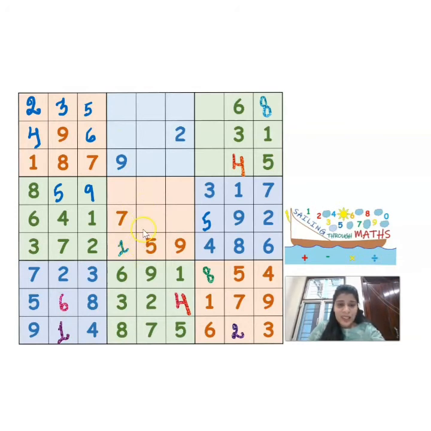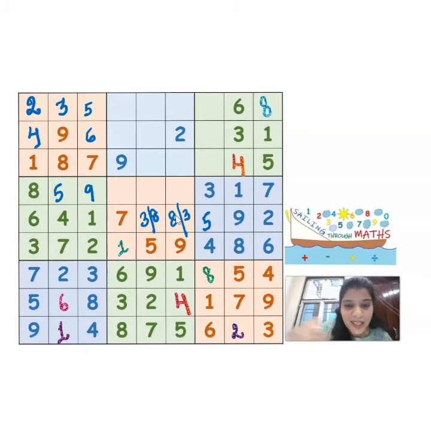So in this way, our third column is also filled. Now, let's move on to the fifth row, because again, only 2 numbers are missing. And which 2 numbers are they? When you start counting and checking, you will find that the numbers which are missing are 3 and 8. Now, I can place 3 here or 8 here, or 8 here and 3 there. So if 3 is going to come here, 8 is going to come here. If 8 is going to come here, 3 is going to come here. And you will see that I still can't tell which number is going to come where.